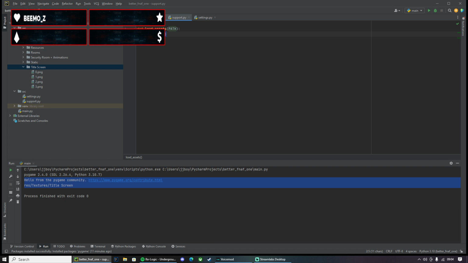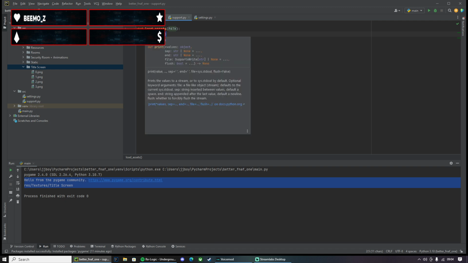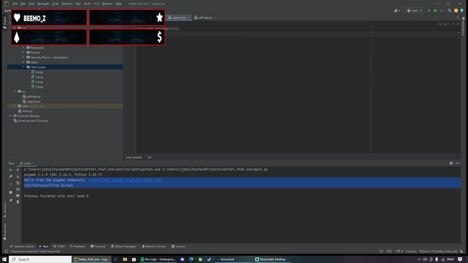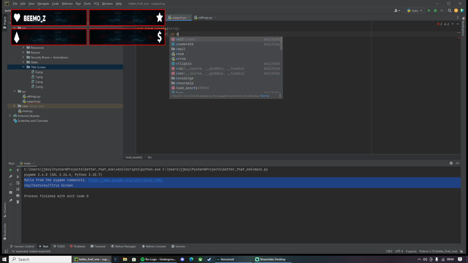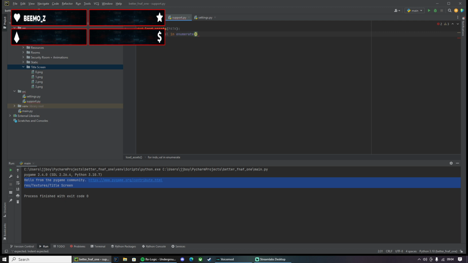We'll do a loop, so the enumerate loop, so we can get two values, the index and the individual values. For index, val in enumerate, we need to walk it, don't we? Walk, and then we'll need to do path.